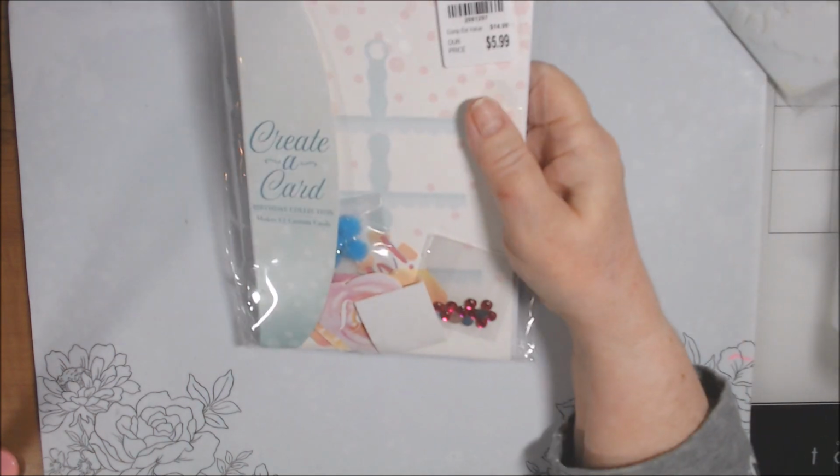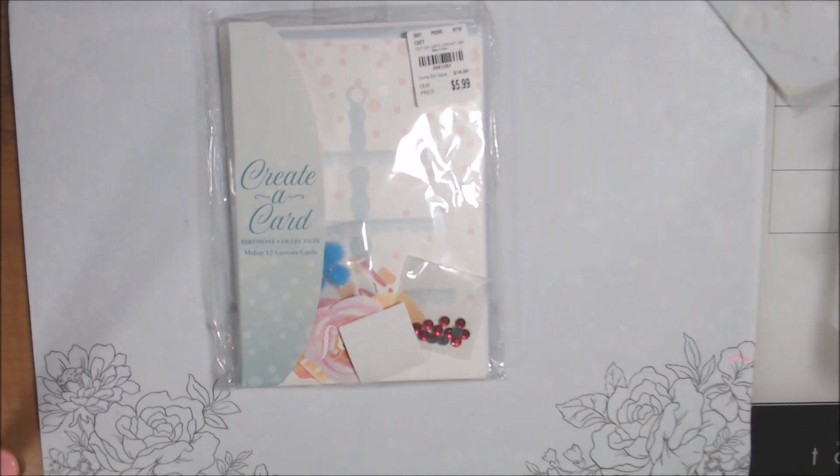But March 3rd is birthday cards, and I am pre-recording this back on February 7th, because I've had stuff sitting out on my desk to do these birthday cards, and I'm in cleaning up my desk and area mode. So I wanted to make these and get them videoed so I can put the stuff away. Silly me. So anyway, the first thing is when I was cleaning one of my shelves off, I found